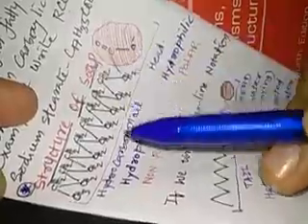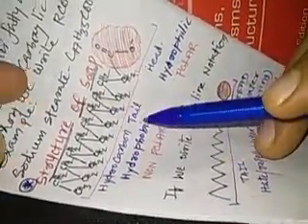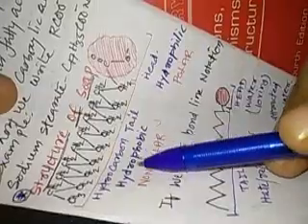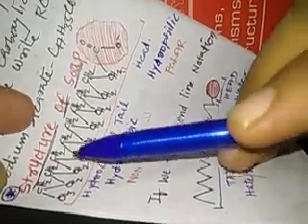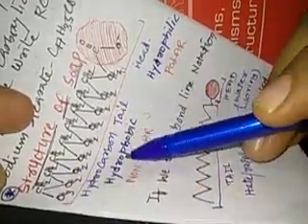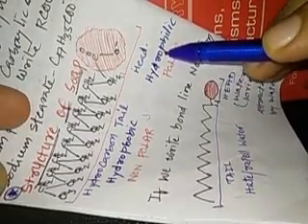This structure of soap has two parts. One part is made up of hydrocarbon, which is known as the hydrocarbon tail. Another part is called the head. This tail is hydrophobic, that repels the water, and this head is hydrophilic, that attracts the water. This part is non-polar, and that is why it is hydrophobic. This part is polar, and that is why it is hydrophilic, because water is also polar and this head is also polar.